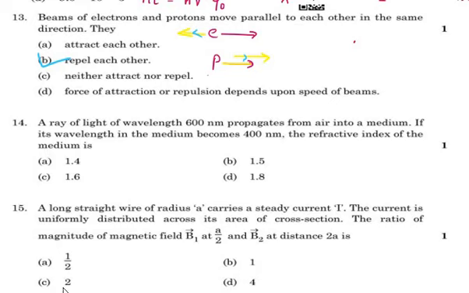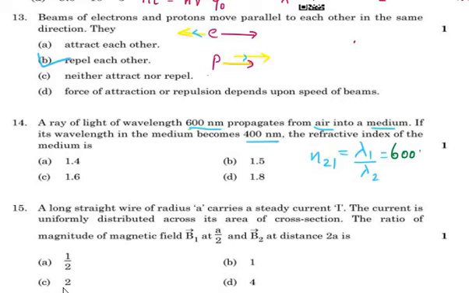Question number 14. A ray of light of wavelength 600 nanometer propagates from air into a medium. If its wavelength in the medium becomes 400 nanometer, the refractive index of the medium is. So here this is a direct question. We know the formula n21 is equal to lambda 1 by lambda 2. So over here lambda 1 is 600